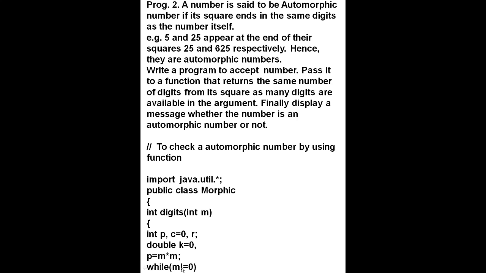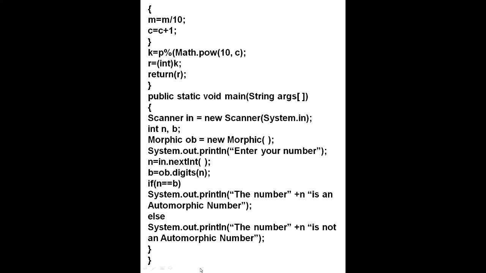Now while m is not equal to 0, this is the condition. Now curly bracket start, m is equal to m divided by 10. When it is divided by 10, then c is equal to c plus 1. First c is equal to 0, then 0 plus 1. It is counting the digits of the number, then the count is stored here. Then curly bracket close. Now this is the condition to find the number of digits.